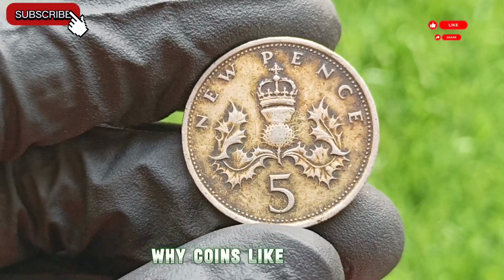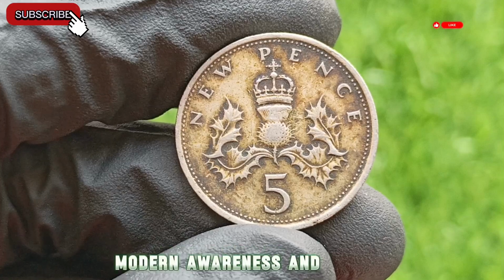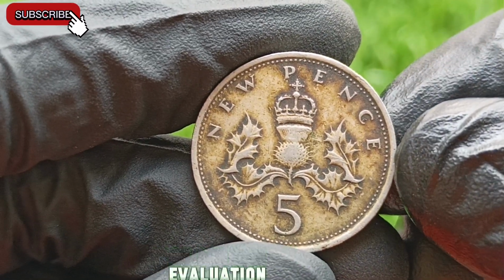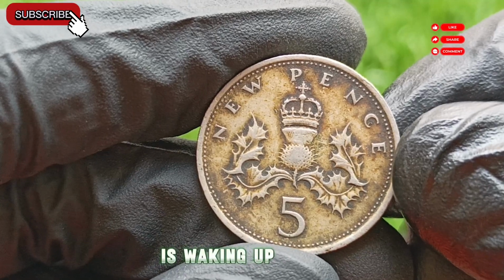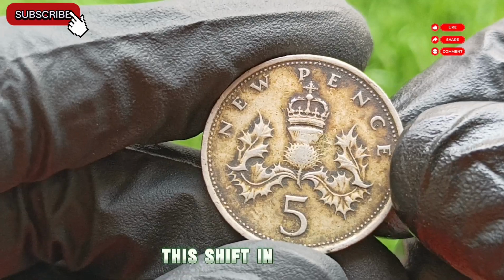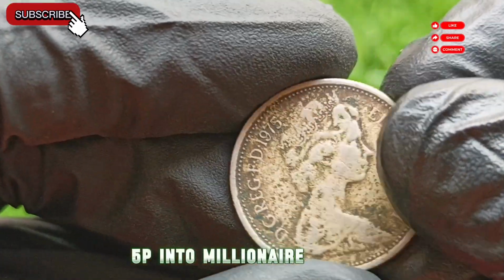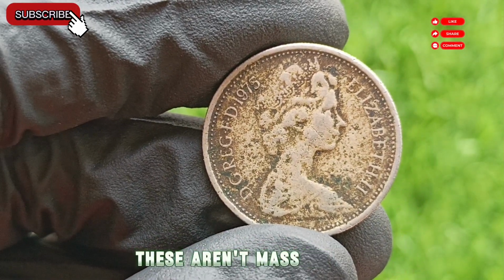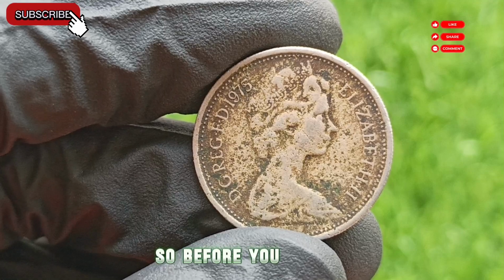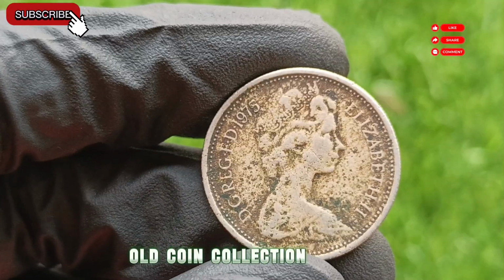For those wondering why coins like this have begun exploding in value only recently, the answer lies in modern awareness and grading services. As more collectors submit these obscure coins for expert evaluation, the coin world is waking up to just how many rare variants were never properly documented. This shift in understanding is what's pushing coins like the 1975 5p into millionaire territory. Collectors now realize these aren't mass-produced relics, they're accidental masterpieces. So before you pass over that dull-looking coin from your change jar, or dismiss your old coin collection as childhood trinkets,